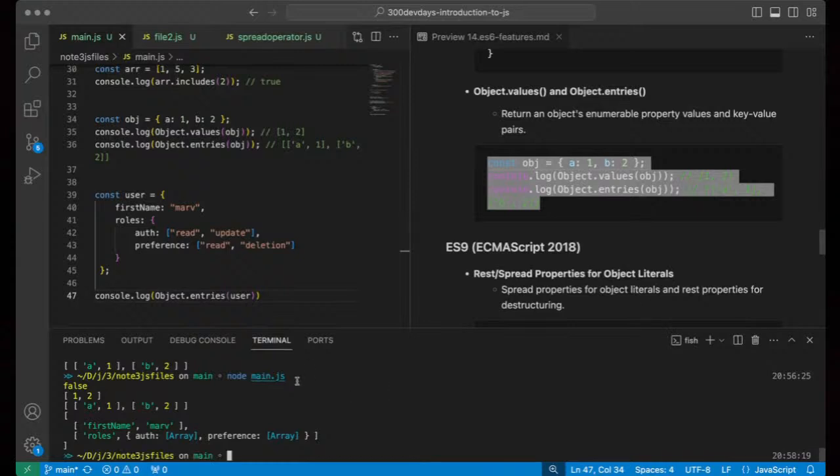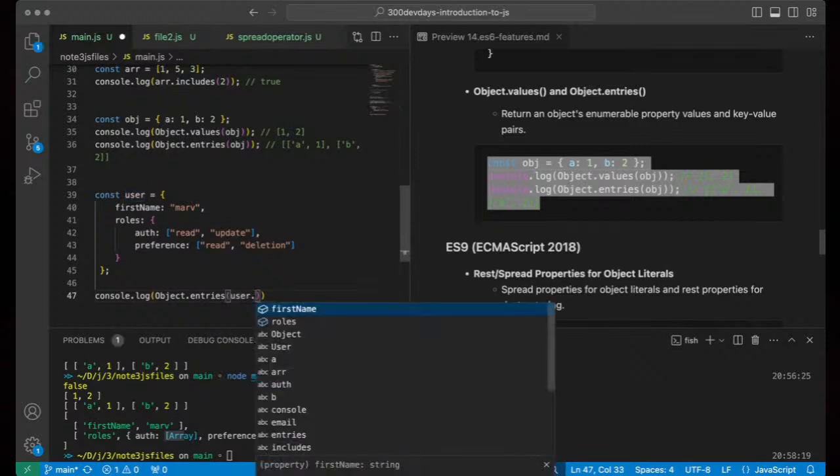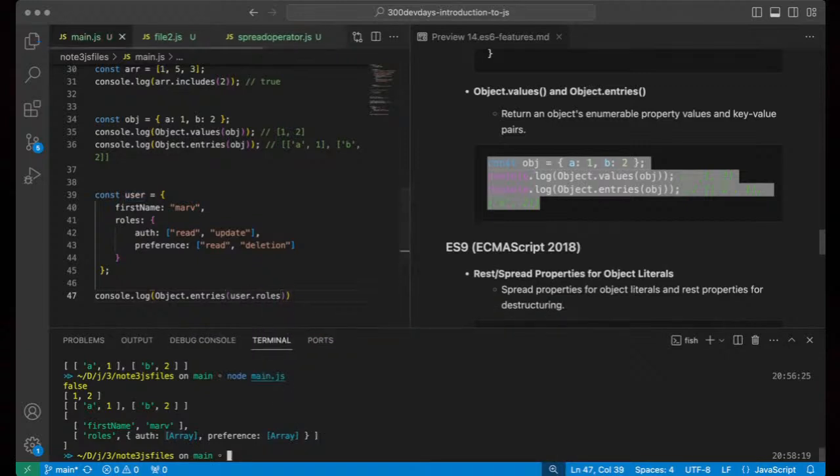So just the user, passing that in, it is able to give me the key value pairs, right? And of course also define the properties found within those keys. So for example, preference holds an array, roles holds an array.